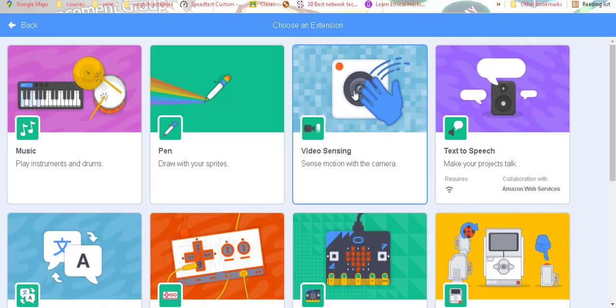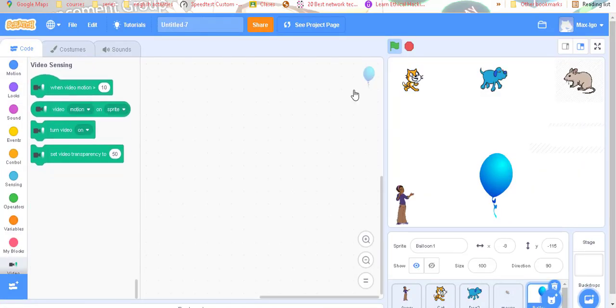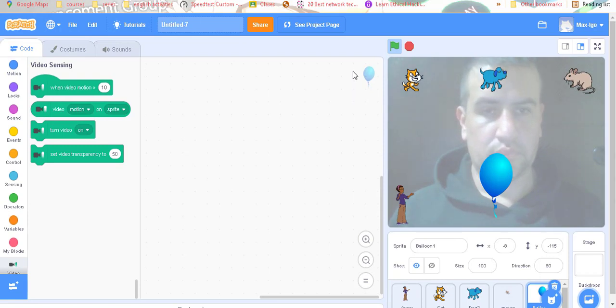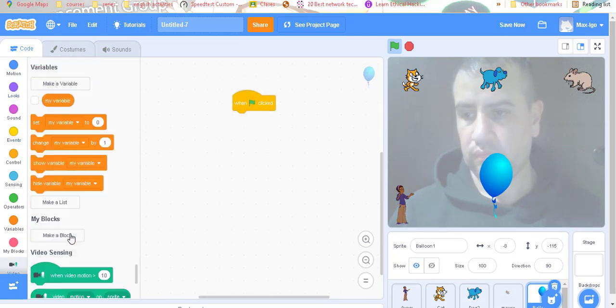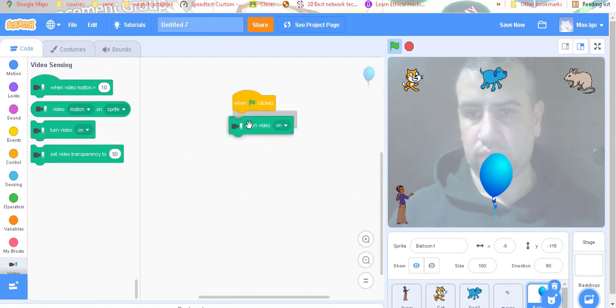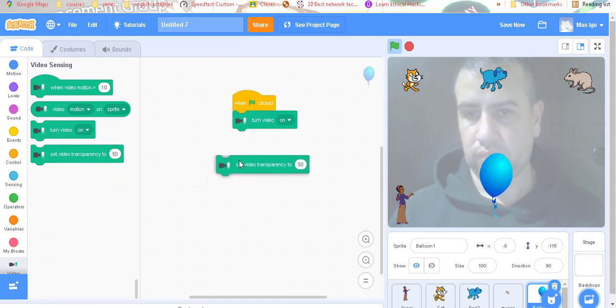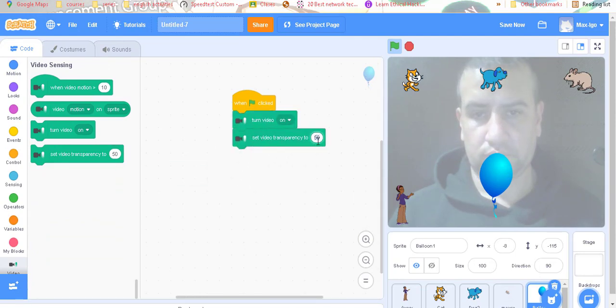We're going to click here, video sensing. Automatically these are going to appear, and we can use the camera of our computer to interact with the program. So let me include here that I am going to start the video sensing, and look, if the transparency is 100,